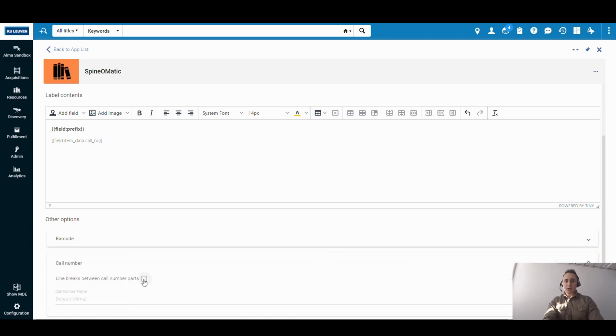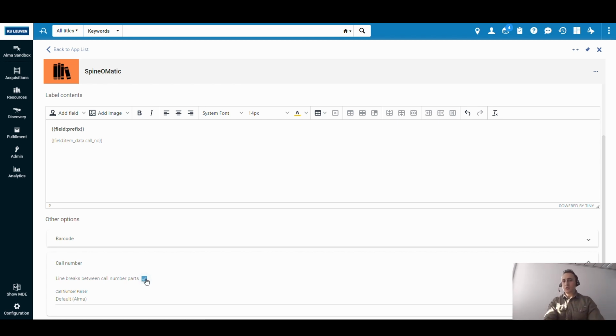Then for the call number, I can choose to have line breaks between my call number parts. So as you know, the call number is added in the holding section, and then there are some subfields. So the call number is usually placed in field 852, and then there are some subfields. So let's just say subfield H or subfield I and so on.